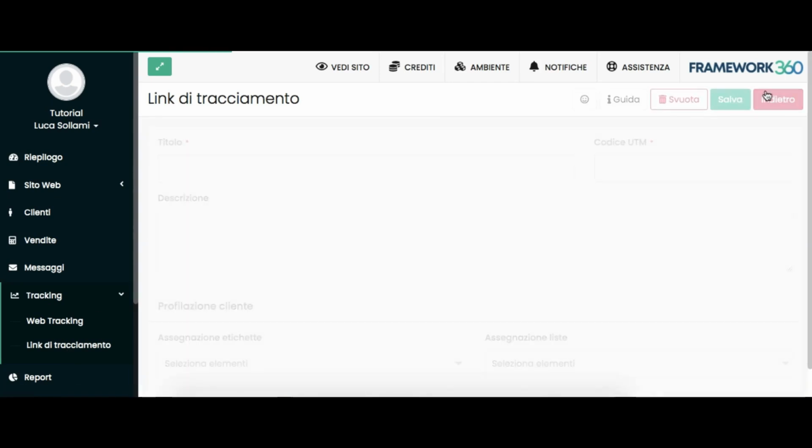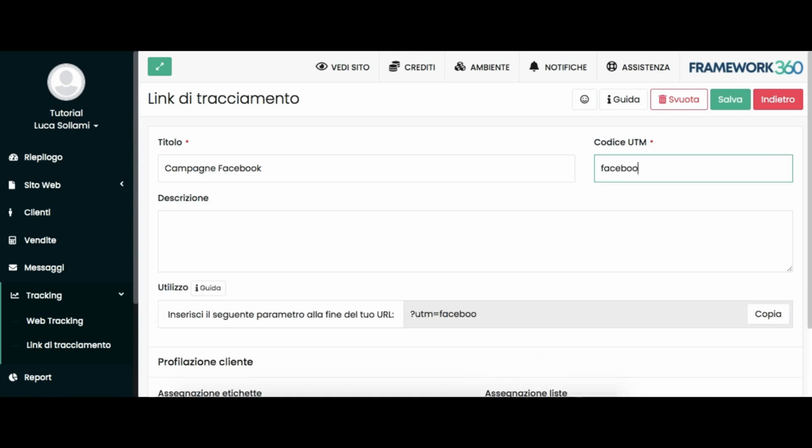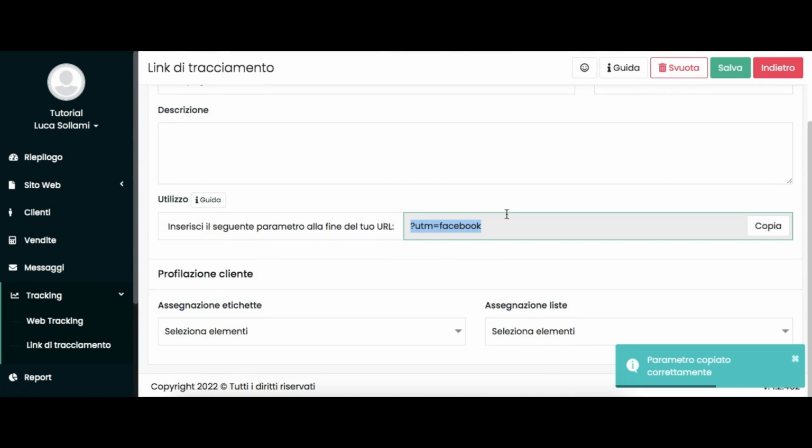The same thing can be done, for example, for Facebook campaigns, Google, etc. You can create, for example, a UTM link for Facebook campaigns, and then a UTM Facebook link. As we can see, Framework360 will return the parameter to add at the end of any URL that we want to use in our Facebook campaigns,